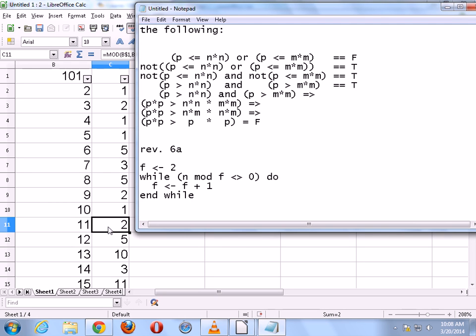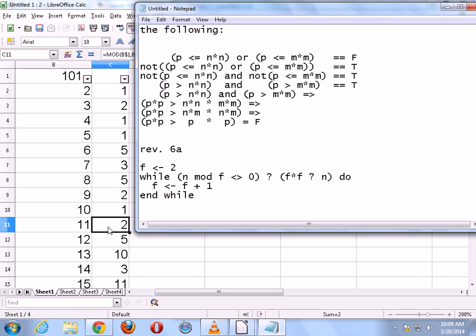In other words, we know that we have to add another condition here, something to do with f times f compared to n. Then we need another comparison operator here, because that just seems like what we have to do based on the theorem. So now the question is, what do we do to stay in the loop? How should f times f relate to n for me to stay in the loop?